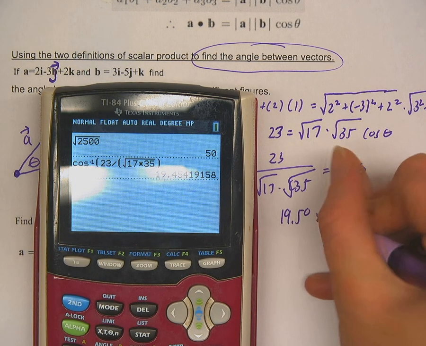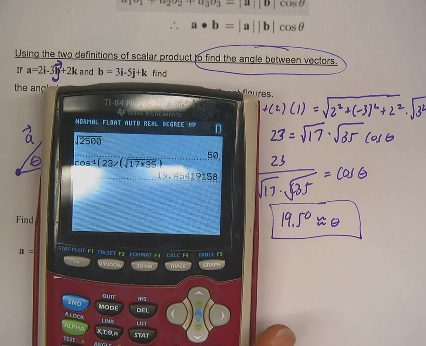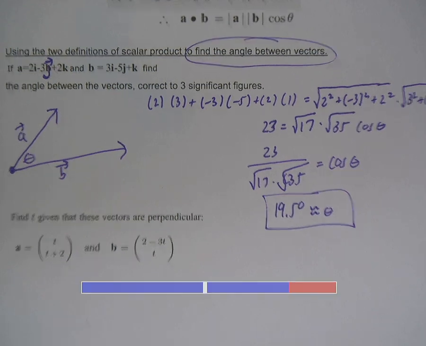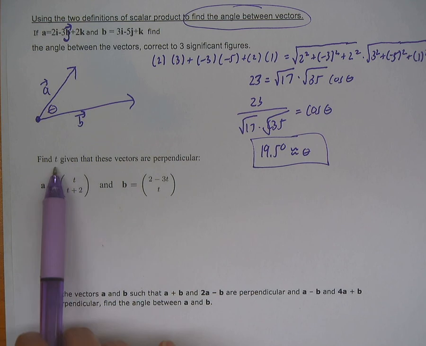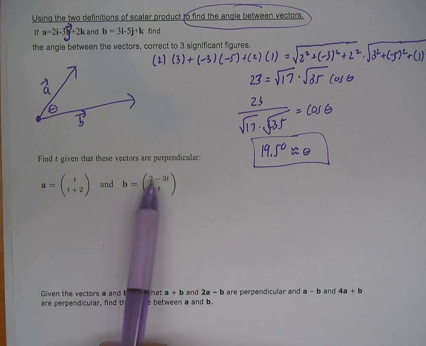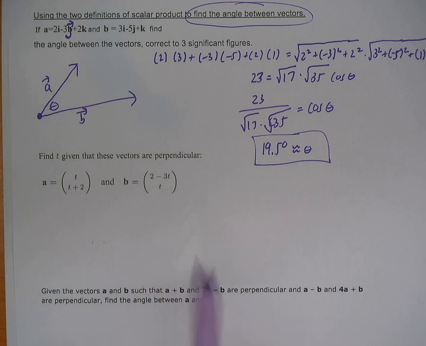3 sig is what they've asked for. That is the angle between our vectors. That is probably the most useful way that you're going to see these problems, to find an angle between the vectors. Another thing that you might see is they might give you 2 vectors. It might be a 2-dimensional problem or 3-dimensional, but they'll want you to figure out some sort of missing value so